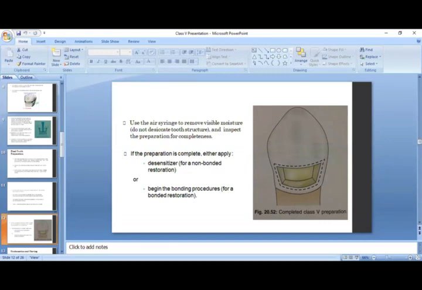Okay, what is the purpose of the desensitizer? Desensitizer means that after the cavity design, most of the tooth structure is ready. Or in the case of class 5 caries, that structure is very close to the gingival area. So in order to prevent that tooth from becoming sensitive, we are supposed to place a desensitizer, right? The desensitizer basically blocks this other tissue so that no sensitivity would be coming through. Okay.